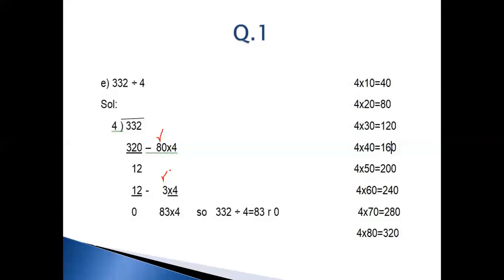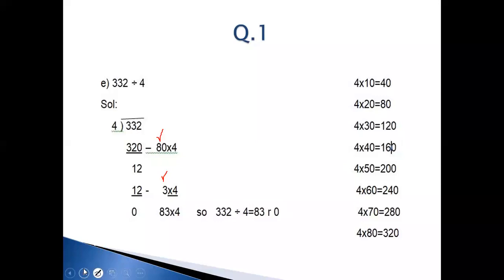4 डिवाइजर के तौर पे था, हमने इस 4 को 1 टाइम यहाँ आंसर में लिखा और 80 को इस वाले मल्टीपल 3 में ऐड किया जिसने दोनों स्टेप्स में हमारी हेल्प की थी क्वेश्चन सॉल्व करने के लिए। 80 + 3 हमें देता है 83 और हमारा क्वेश्चन का आंसर बनता है 332 डिवाइड बाय 4 इज इक्वल टू 83, रिमाइंडर 0। दिस इज वेरी इंटरेस्टिंग एंड ईजी वे बिकॉज इट इज वेरी ईजी टू गो विद द मल्टीप्लिकेशन ऑफ द मल्टीपल्स। I hope it is clear to you all.